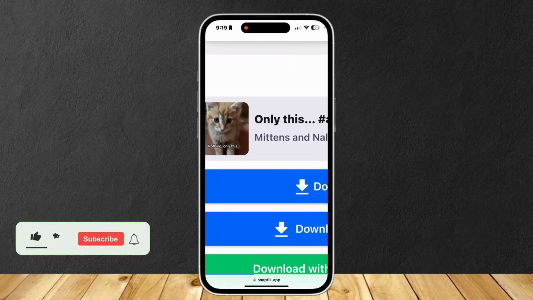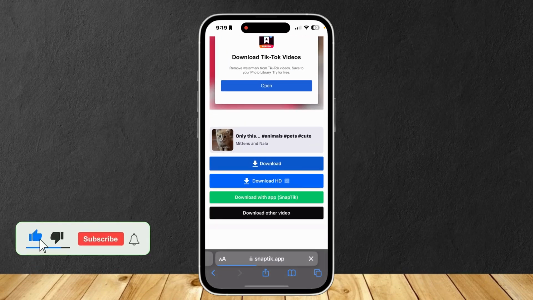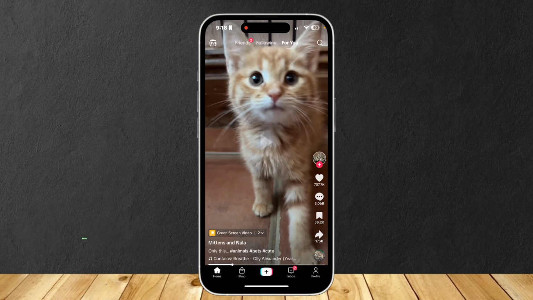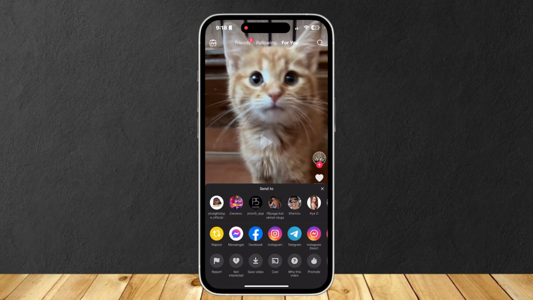So this is how you can download any TikTok video you want. Going ahead and open up TikTok, and let's say I want to download this video. Let's go ahead and tap on share, and as you can see there is a save video option. But sometimes videos have no save video option, and so we're gonna have to use other websites in order to